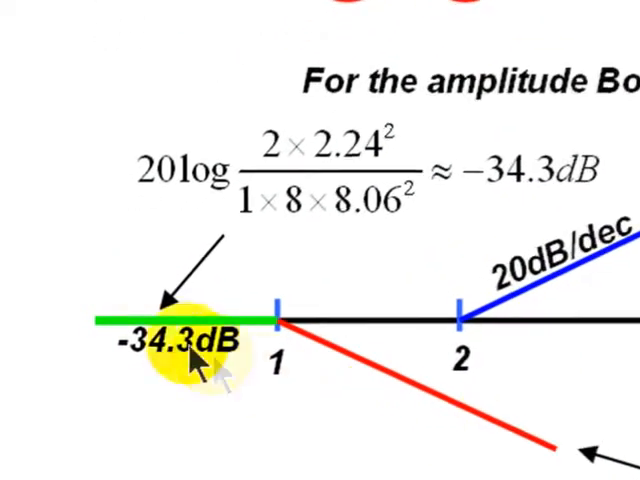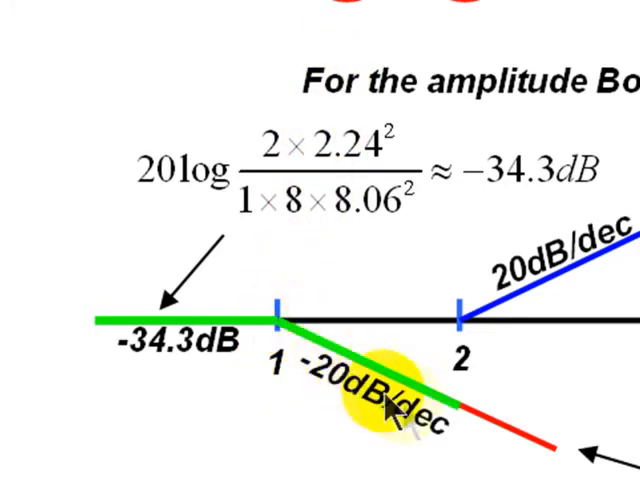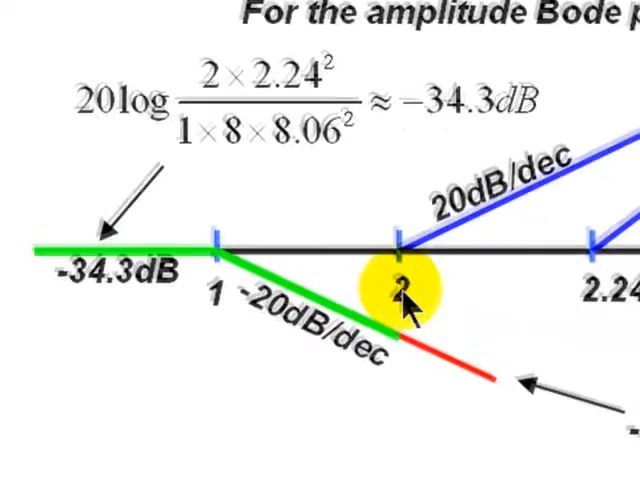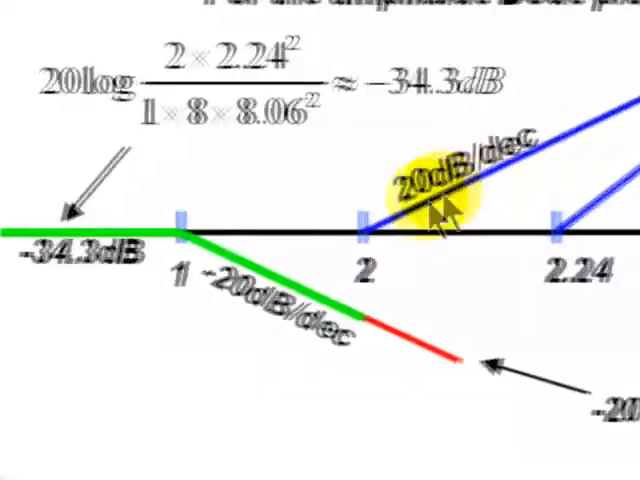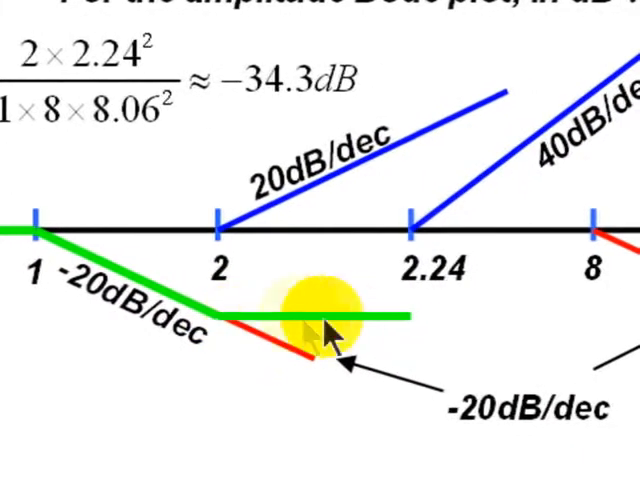So it enters horizontally with a value of minus 34.3 decibels until it hits the first knee at 1 radian per second. There, it takes a dive with a slope of negative 20 decibels per decade and stays that way until it arrives at the next knee point at 2 radians per second. The positive slope contribution cancels out the descent and makes the plot horizontal until it reaches 2.24,